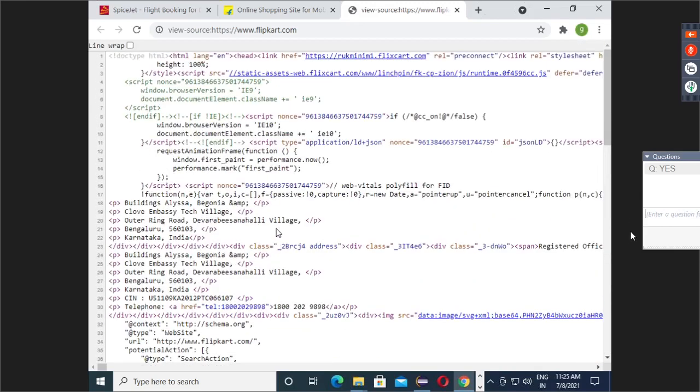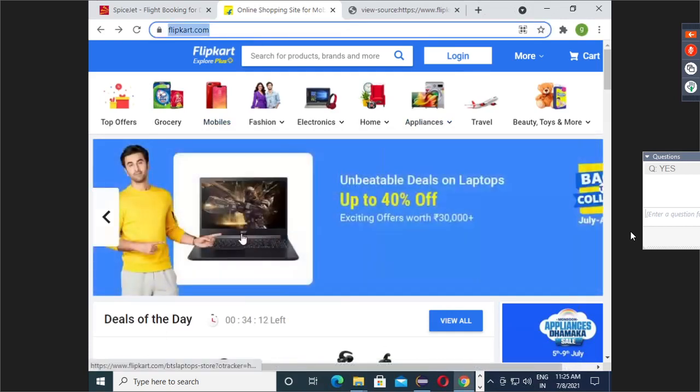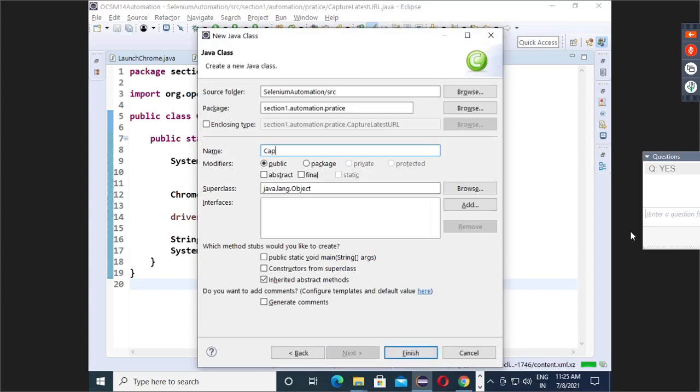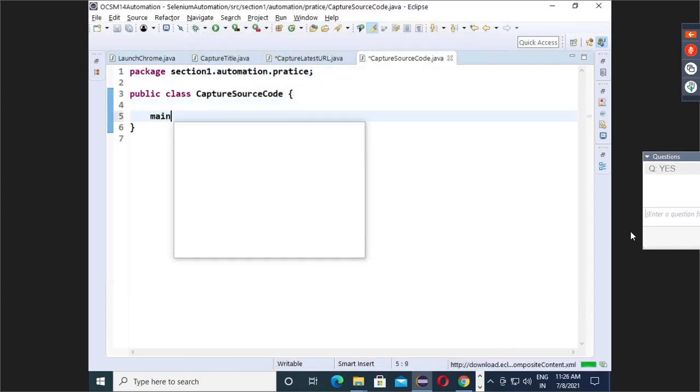Now my concern is, if by chance through automation we want to capture the source code of a web page. Let's assume we will open flipkart.com and we want to capture the source code. So how to do that? Observe here. Let's say I will create a new class, capture source code, and declare the main method.